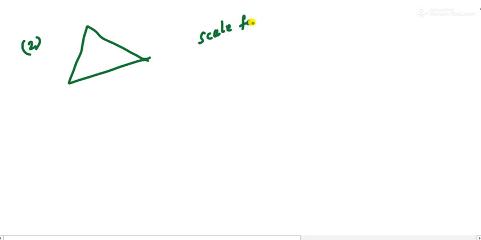Now the second thing is, they will give you one triangle and some scale factor. That ratio is called the scale factor, like 2 is to 3, or it can be 3 is to 2. So it is like 2 by 3, or this is 3 by 2. Here this is the numerator and this is the denominator. Numerator is less, denominator is more. Here numerator is more, denominator is less.